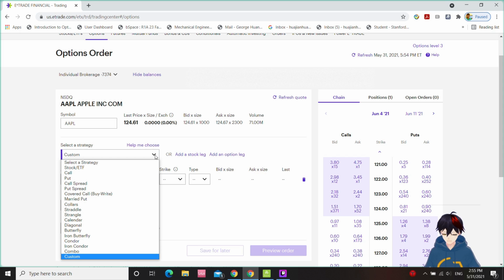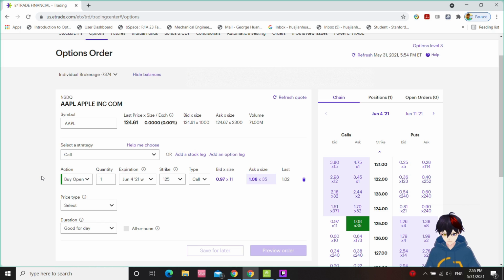And here you choose the strategy. You can do a call, put, or some more advanced ones. I recommend you get good with the call and put before you consider the rest. So let's say we want to do a call. And there are actions. You have 4 actions. You can buy open, sell open, buy close, sell close. And basically you start the option with an open trade, and then when the time comes or when you want to take profits, you do the close action